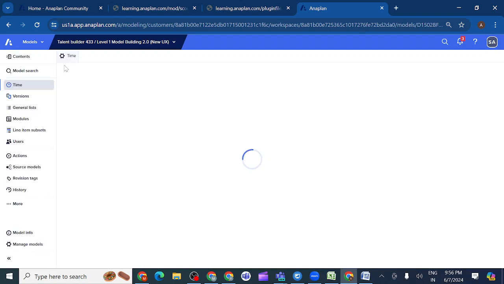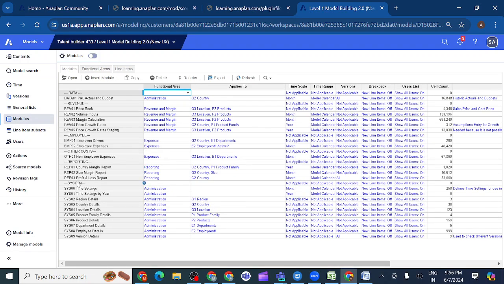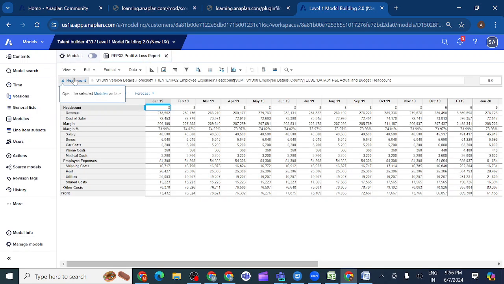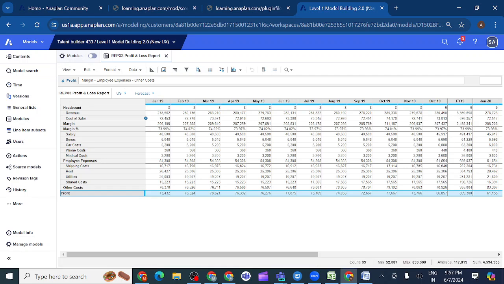I will show one example here. In the reporting 03 module, I have profit and loss. Profit and loss report module I have here. So what is meant by profit? Margin minus employee expenses minus other cost. Is it correct?